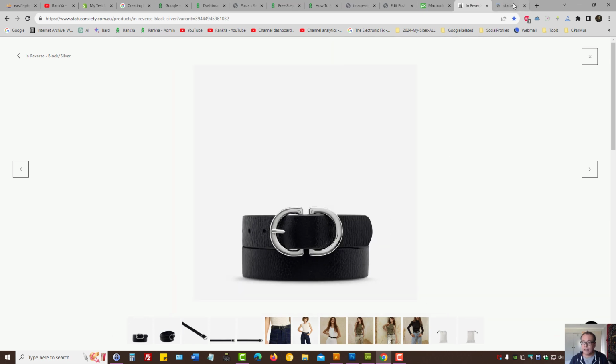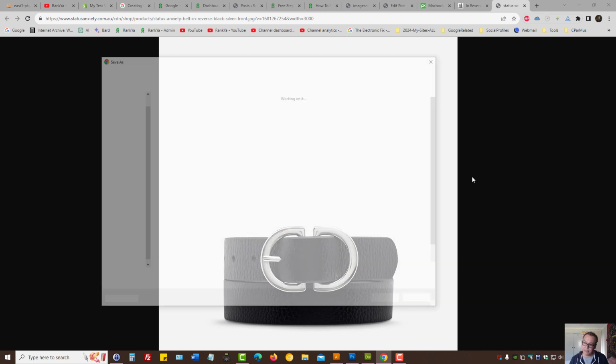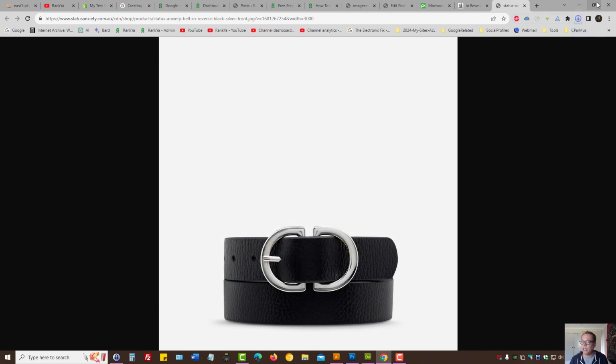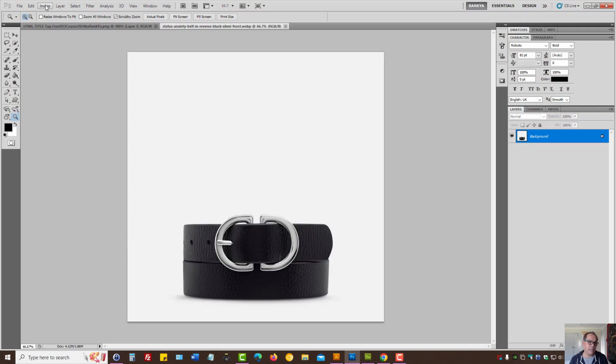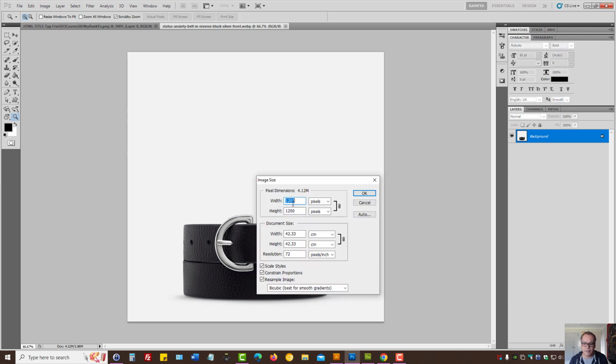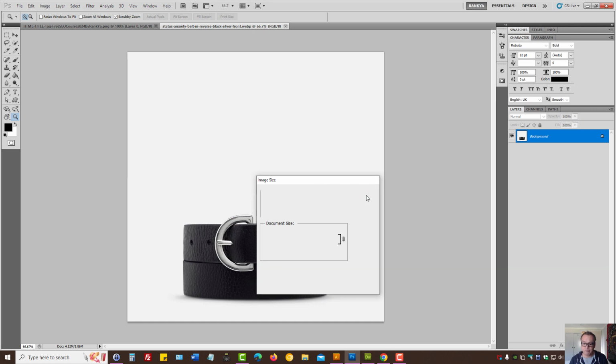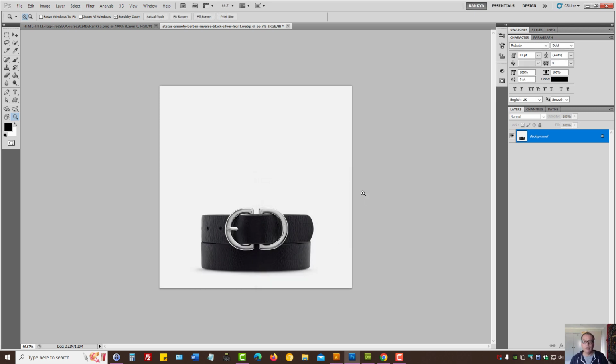Let's take a look at this image here. Let's save it to our local computer so that we can further analyze it. So now that's the image. Let's look at the image size. That's 1200 pixels. Moving forward, a question must be asked by the website owner, as to say, okay, we're living